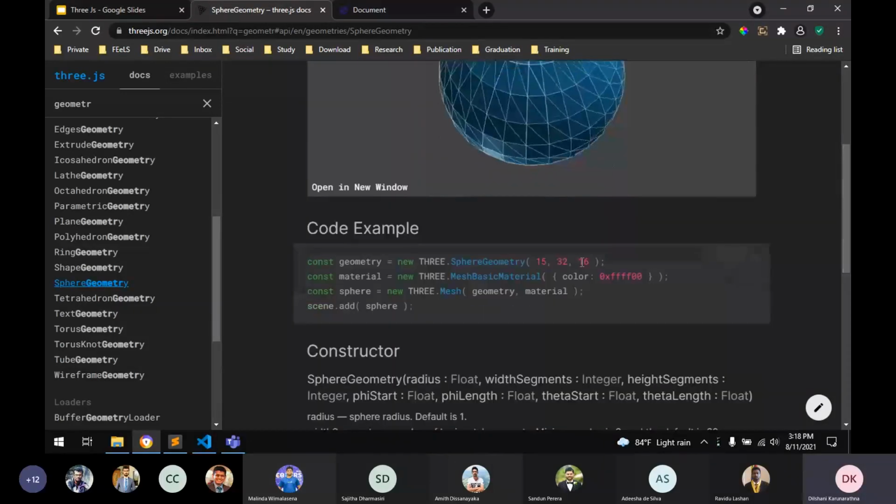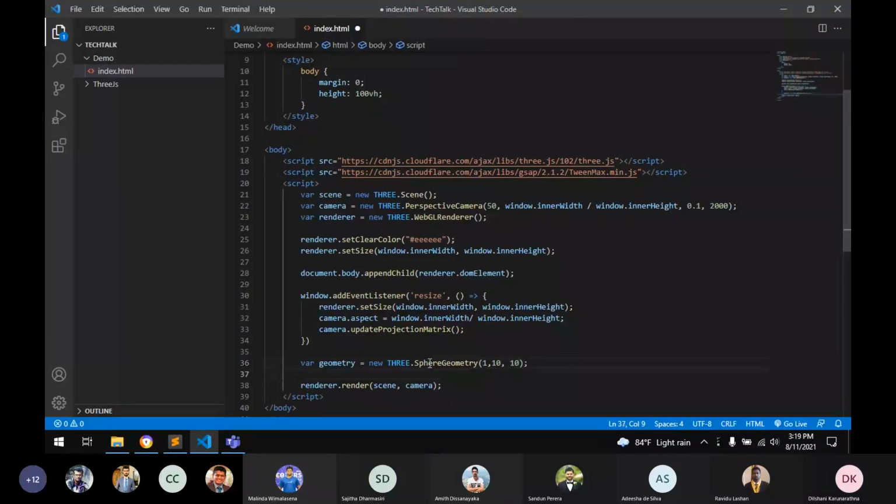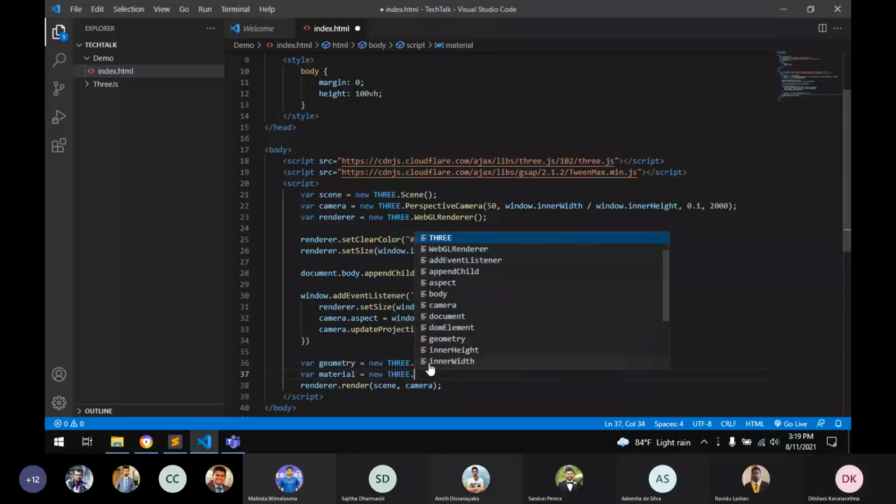And this is the radius, width segments, and height segments. So this way.